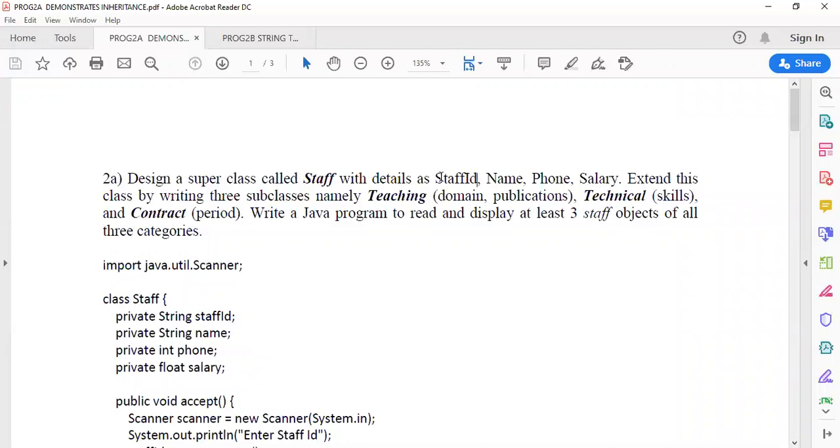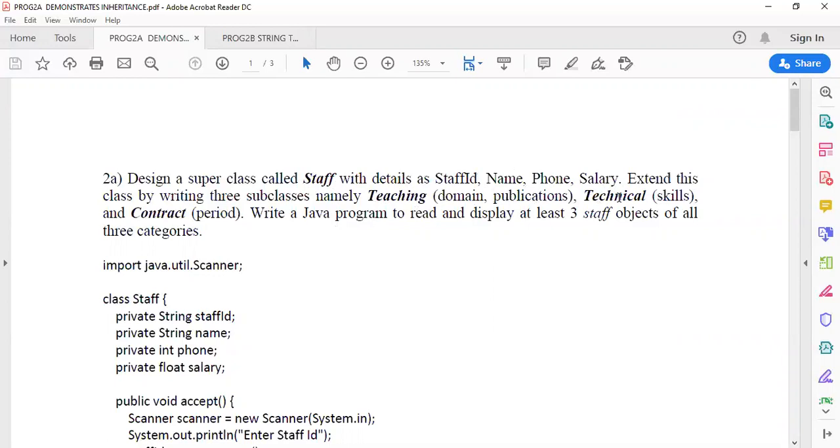So these 4 attributes are placed in the staff superclass. And apart from these 4 common attributes, the specific attributes only related to teaching staff are domain and publication.